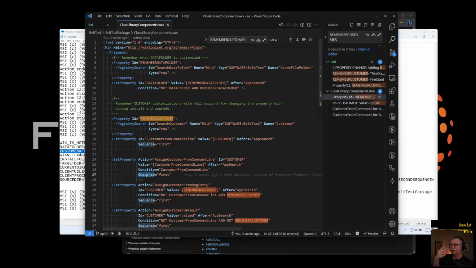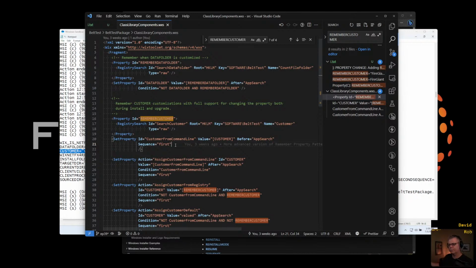And two, it should have exposed our secure property problem. Because if you only set it in the first sequence, say we set customer to whatever we stored in the registry, we remembered, right? We set customer, then this would get set on the UI. And if your UI uses the value, maybe shows it in all the dialogues and everything, the customer shows up in the right places, then it'll work great in the UI. And then when you hit the install button or whatever elevation button caused the elevation to go to the server side, that property not being secure, customer not being secure, would not travel to the server side with you.